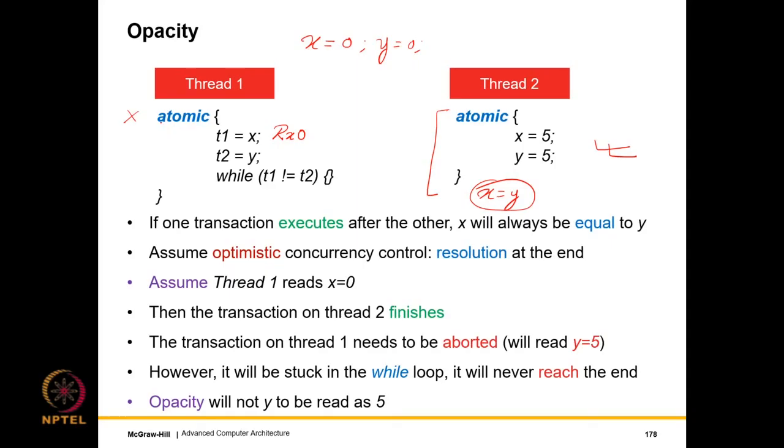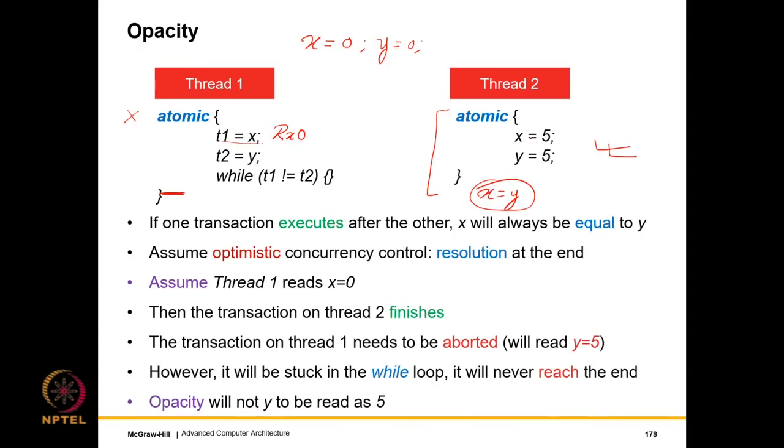Even though this transaction is going to abort, since you're following an optimistic protocol, the commit or abort decision will be made when we reach the end of the transaction. The compiler will add some extra code to make a decision at this point. But the problem that has been caused is that we have read x to be 0 and then this transaction has stalled.